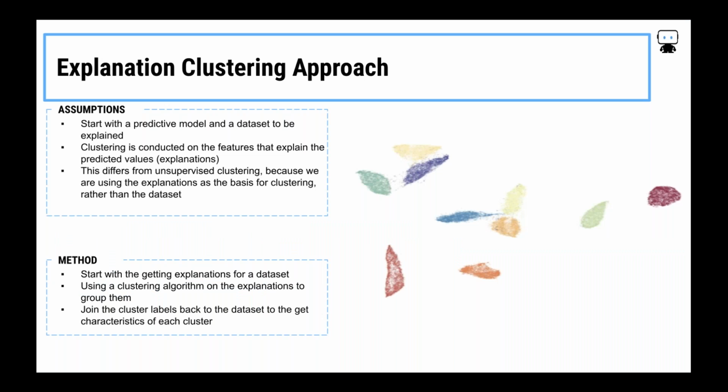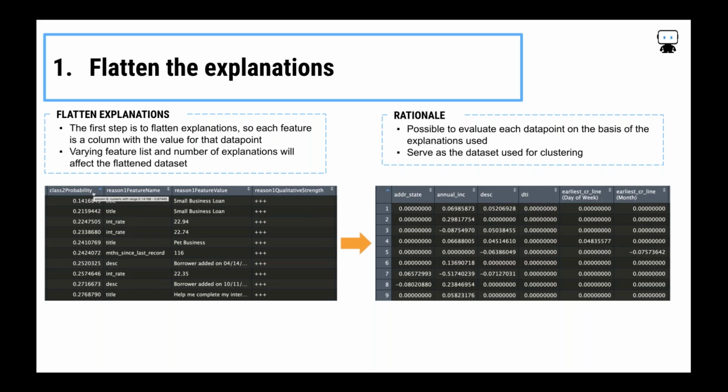For the next few slides, we're going to talk about how we can implement this at home with DataRobot, and let's just start here. Where do we begin? First, we need to have a solid use case and a finished predictive model. From there, we're going to follow a few simple steps. We want to extract the explanations from the data set. We're then going to pre-process those explanations and use the clustering algorithm to create groups. And then finally, we're going to join those cluster IDs back to get the characteristics of each cluster and help tell a new story there. So let's dive into our next slide.